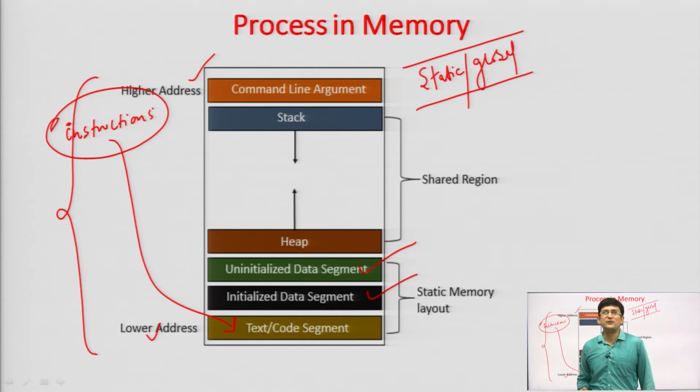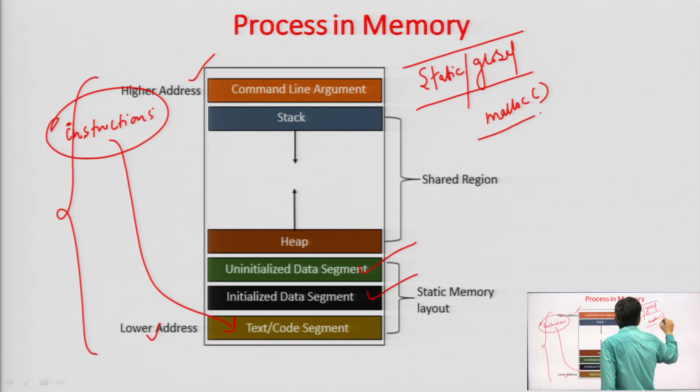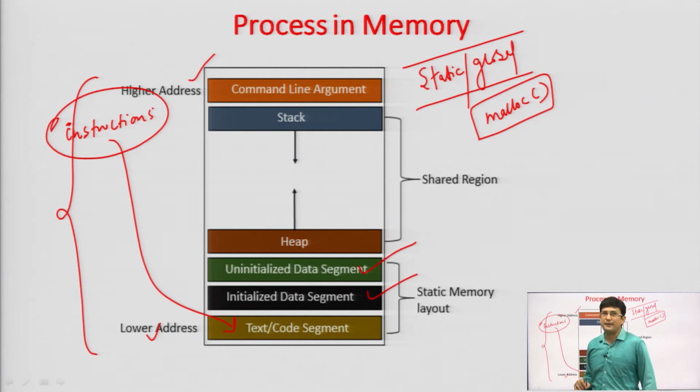So, this is the space for static and the global variables. And then when a program is executing, dynamically we can allocate some memory. For example, we are using the malloc function. With the help of the malloc function, I can allocate the memory at the runtime. If you are allocating the memory at the runtime, the space allocated for that will be the